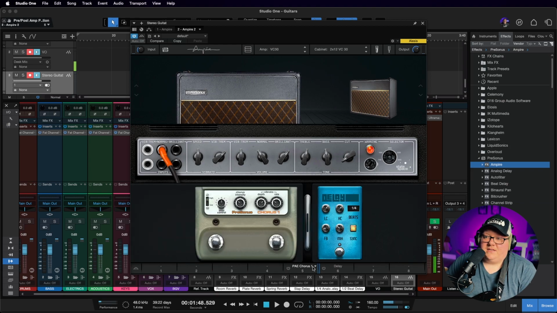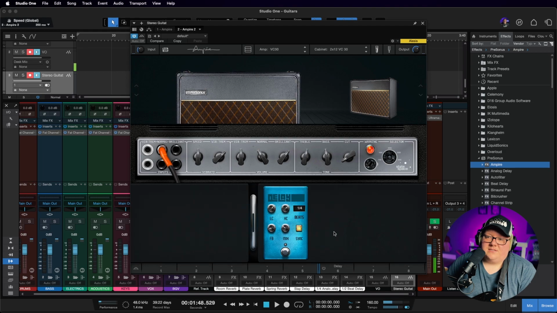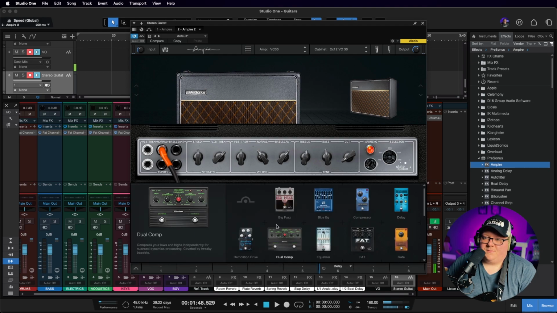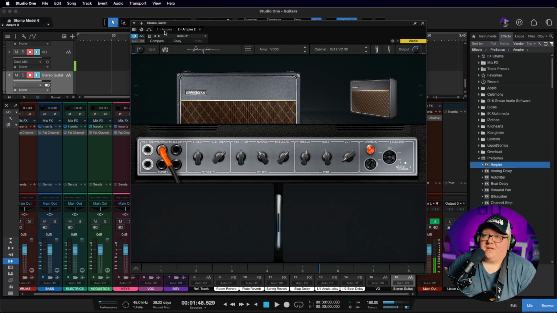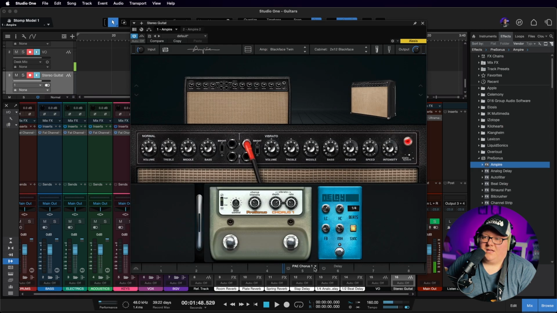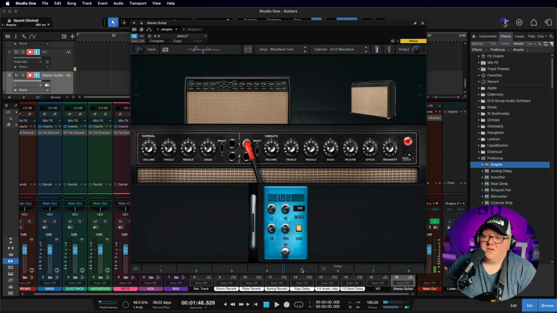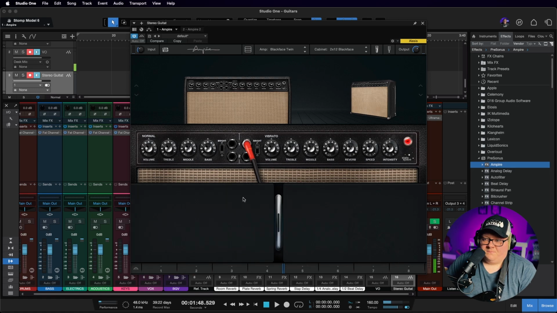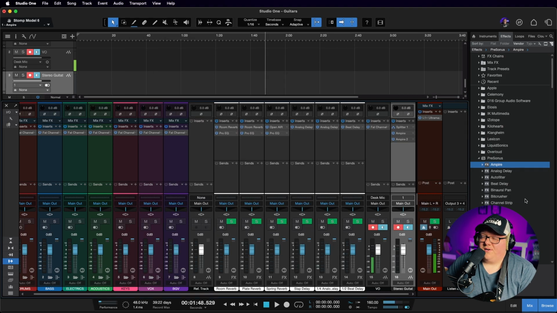We don't need anything here, and honestly, you don't even have to get rid of them. You can just keep them turned off, but for sake of my sanity, I like to get rid of them if I'm not using them. So we'll get rid of them. So now that's empty on both amps, but we are going to go in here, keeping it inside PreSonus, and